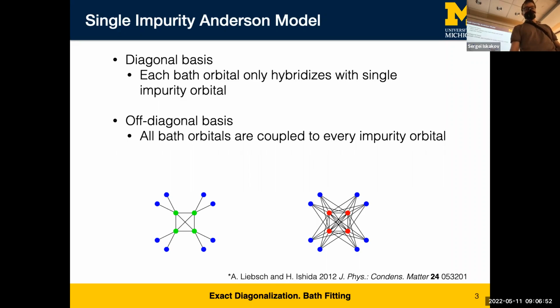On the other hand, if we are in the basis where each bath orbital couples to every impurity orbital, this is off-diagonal hybridization, and in this particular case we cannot do the minimization individually because the coupling parameter basically has cross